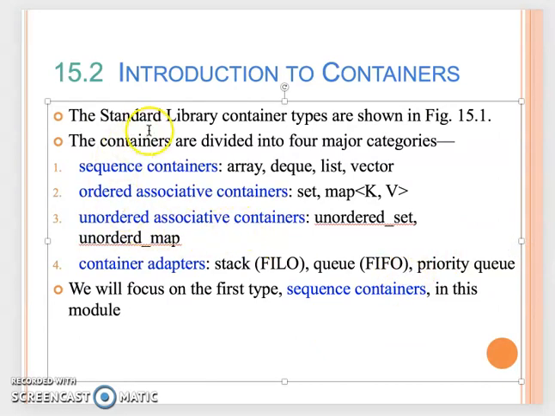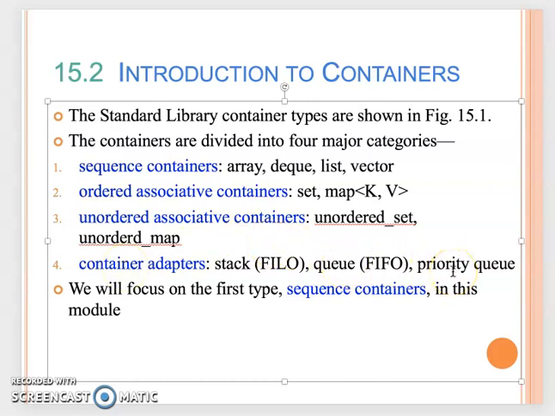So that's why in the standard template library, we actually have many different useful data structures we can use. Basically they have 3 different types. They have the sequential container that we will focus on in this class. And I also introduced the ordered associated container, the map, which we will talk about in this class. Unfortunately, we don't have much time to talk about the container adapters, like the stack, the queue, and